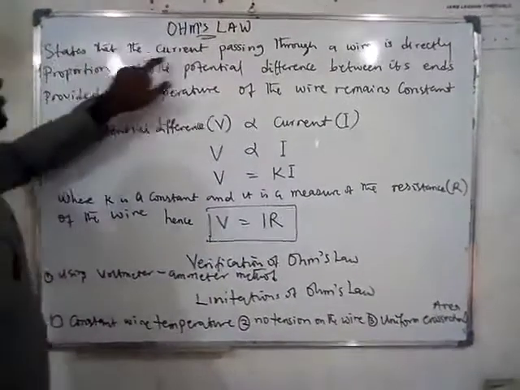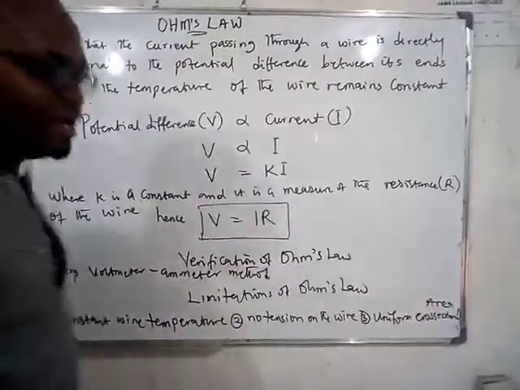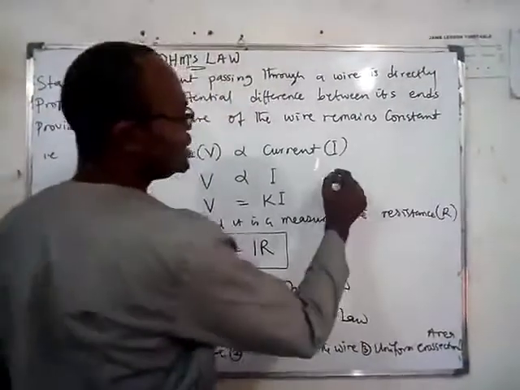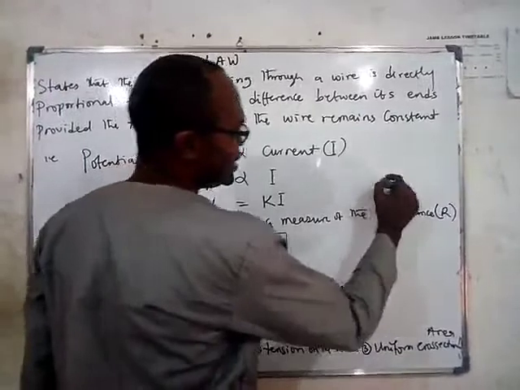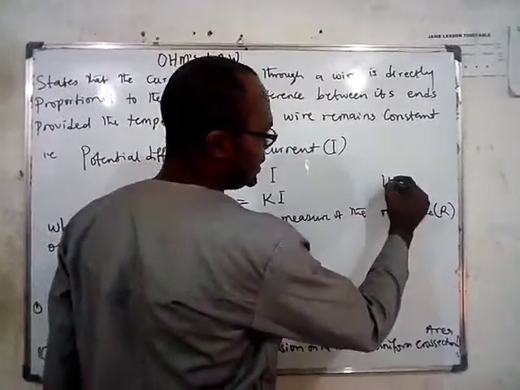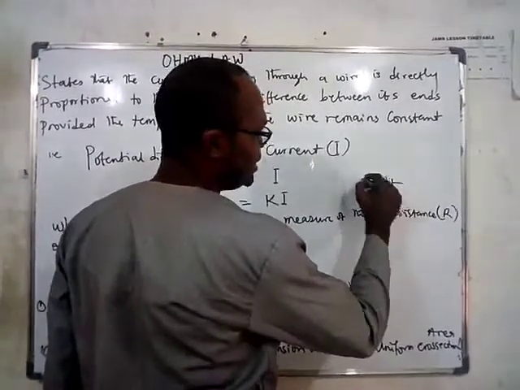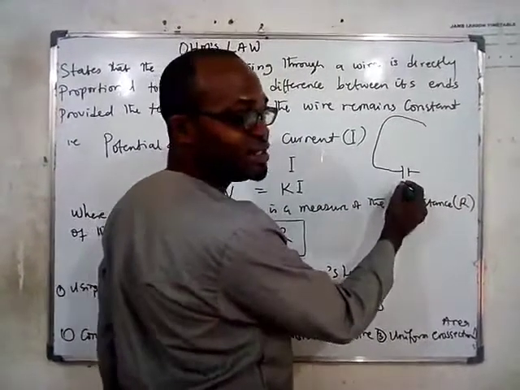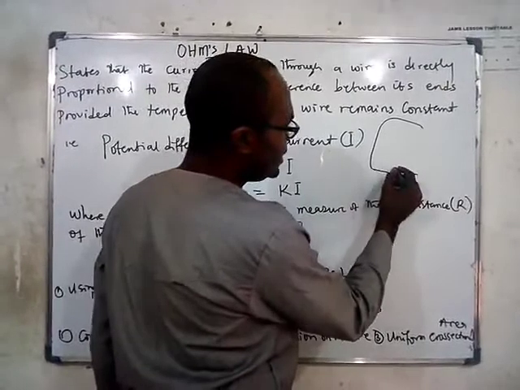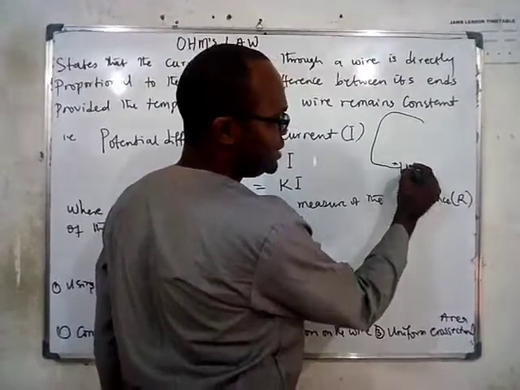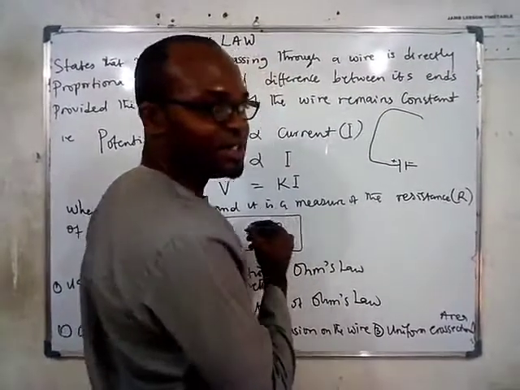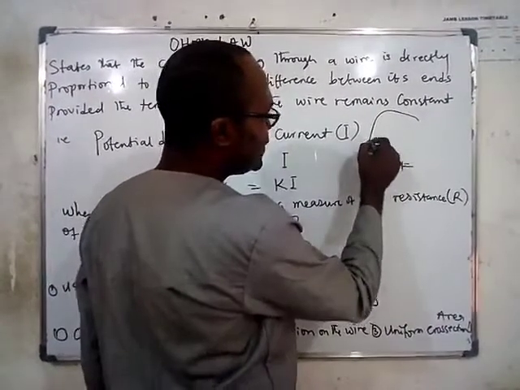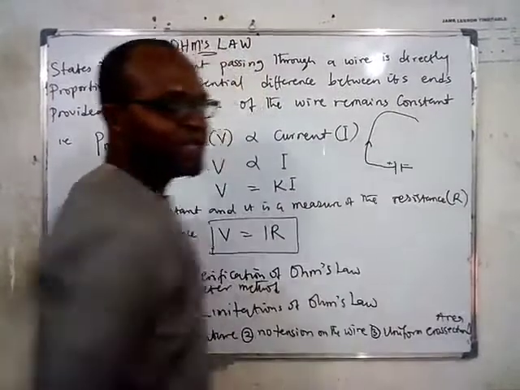Ohm's law states that the current passing through a wire. Let's say we have a wire that is connected to a cell. For current to move, there has to be a cell, isn't it? So if this is the positive terminal of the cell and this is the negative terminal, you understand? Ohm's law is telling you that if this is a wire, the current that is passing through this wire